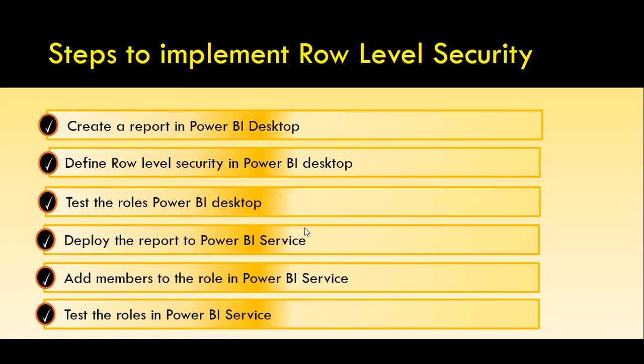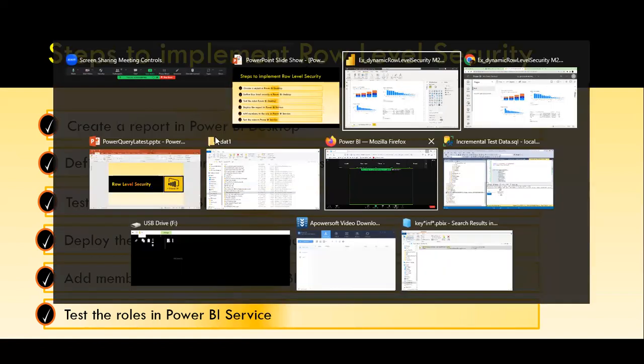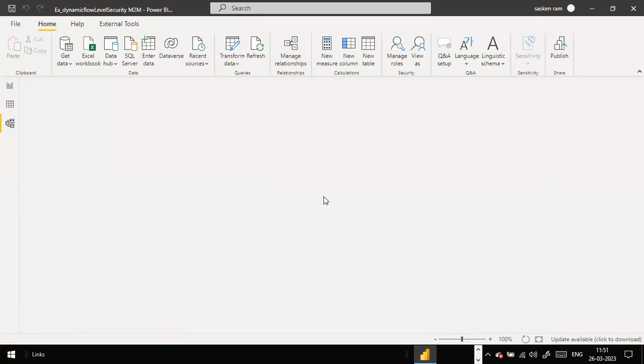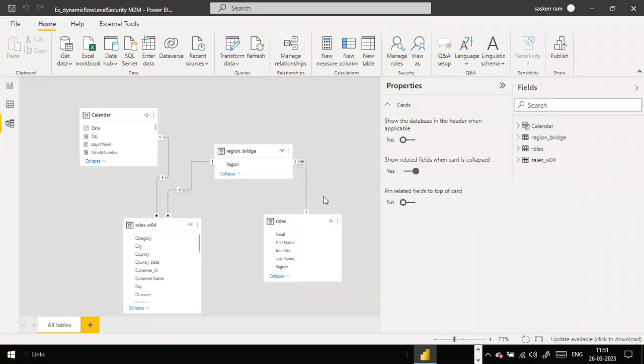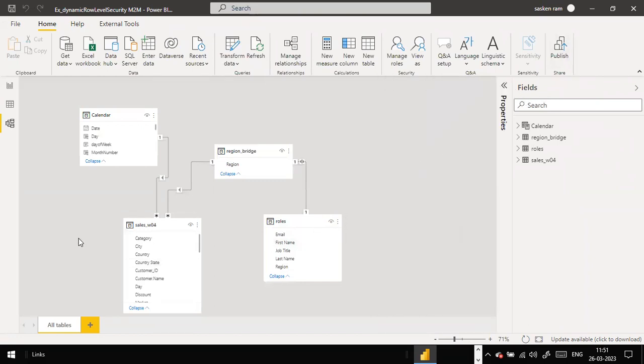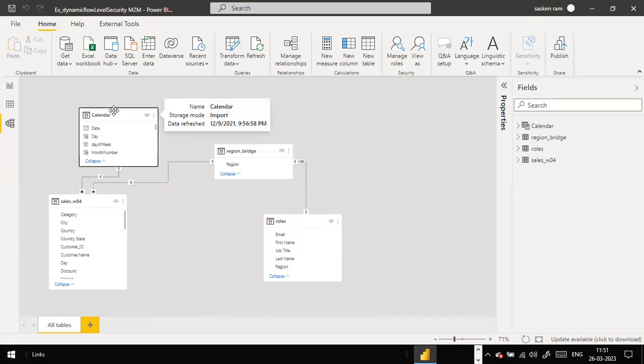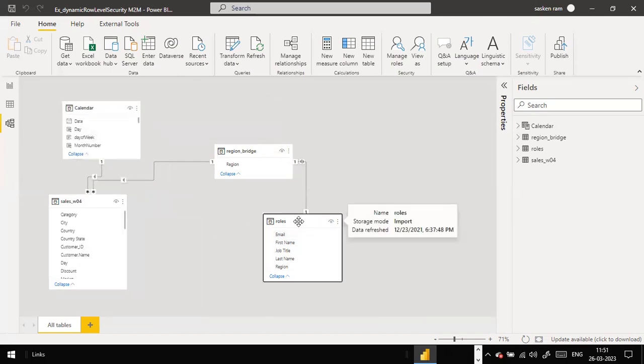In the case of dynamic row level security, the steps are the same, but here we add an additional table to our existing model view. If you see here, we have a bridge table, and the roles table here. A single user can be assigned to more than one region, and a region can appear more than one time,